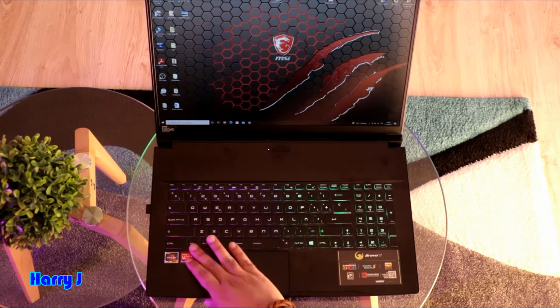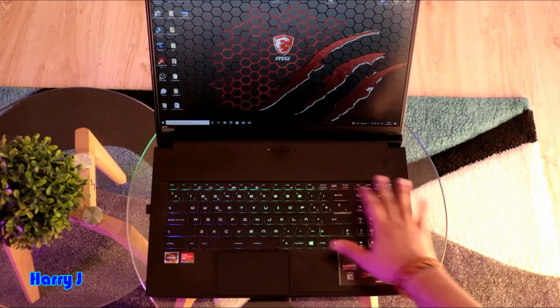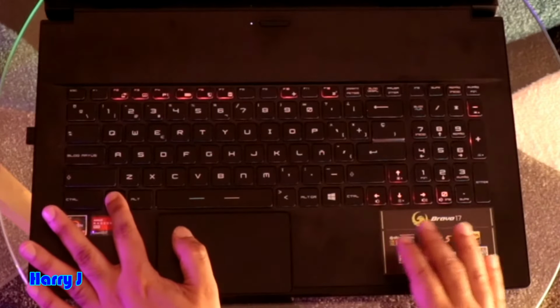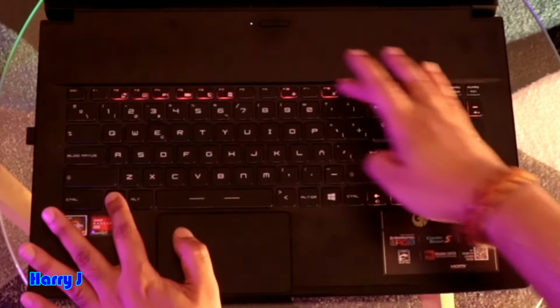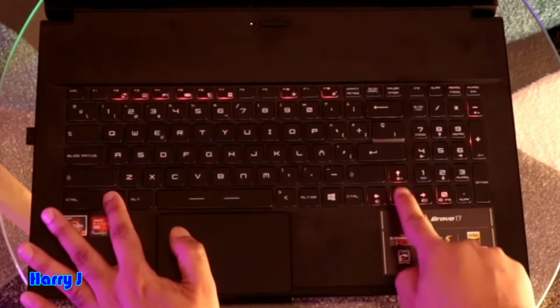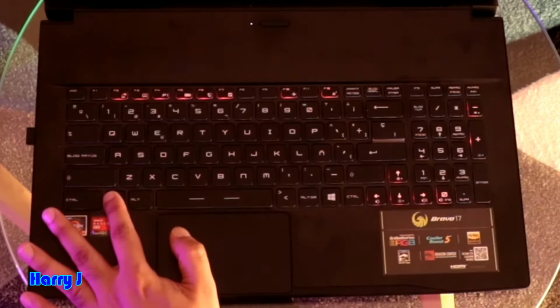Let me explain. Here you have the function key. Every key works with the function key. You see, when you hold the function key, you can see which keys are connected with it. When you hold the function key, all these keys you can operate with this one. It's beautiful. I don't see any other notebook like this one so far. Could be there's some notebook, but this notebook has a special feature.